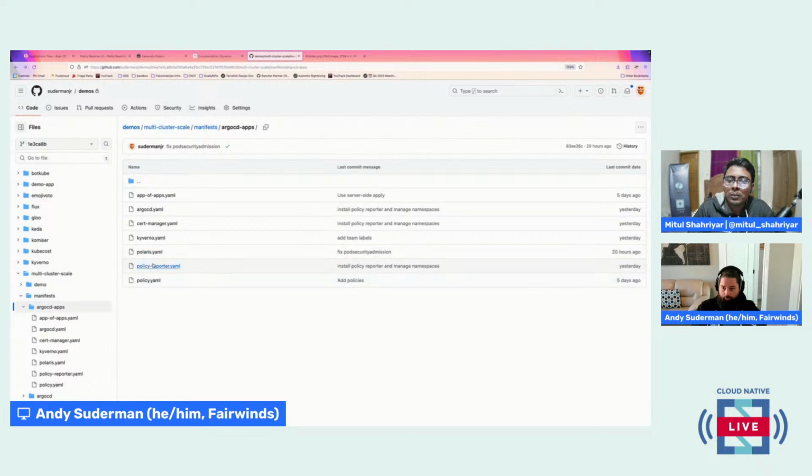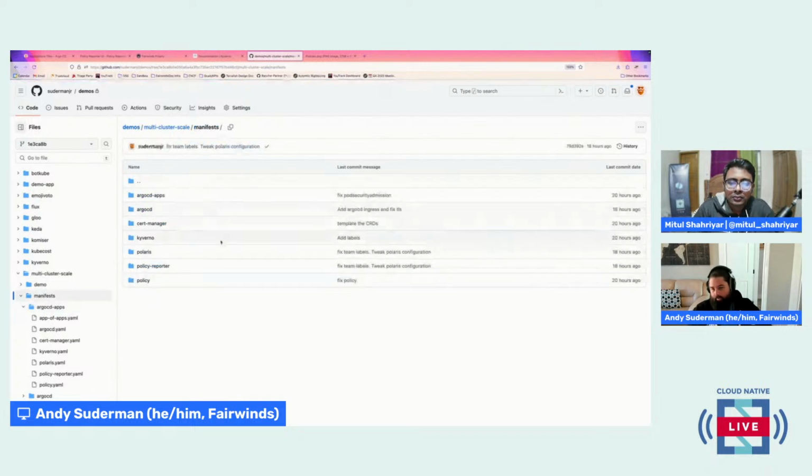We're going to install Kyverno. We're going to install the Policy Reporter. And then we're going to keep maintaining our installation of Argo CD. So we're installing a lot of things all at once. I'm not going to go through the details of every single one of them. Cert Manager is really used for managing the certs for the admission controllers that we're going to stand up.